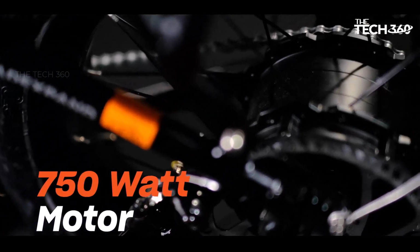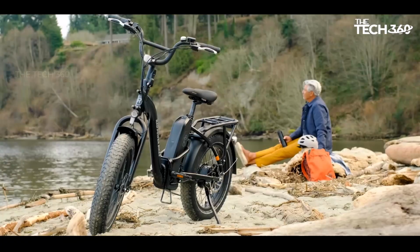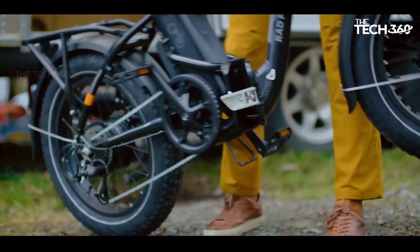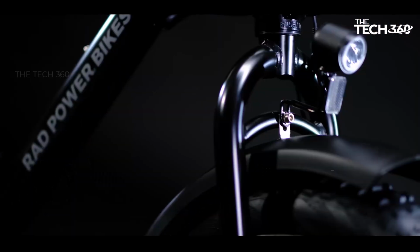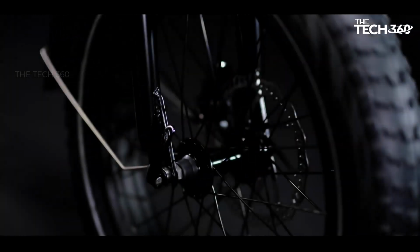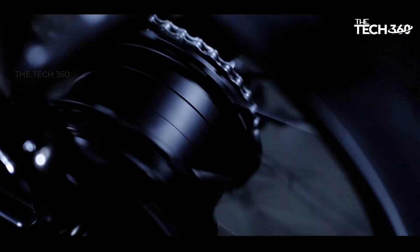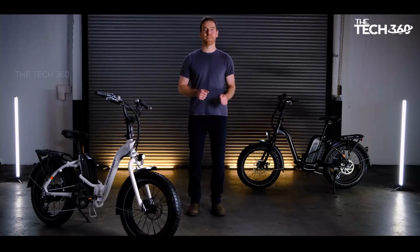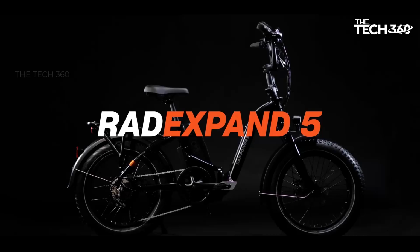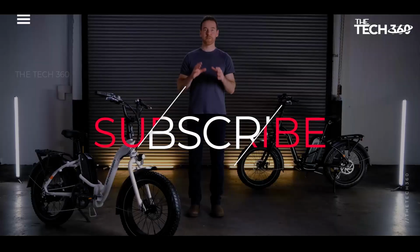Retractable pedals. The Rad Expand 5 Plus is designed with space saving in mind. The retractable pedals make storage even easier, whether you're in a cramped apartment or packing for a road trip. Advanced torque sensor. This new addition responds to the way you ride, offering a more intuitive and responsive experience. The harder you pedal, the more power the bike provides. Size and fit. Designed for riders between 4'10" and 5'10", the Rad Expand 5 Plus offers a comfortable fit. The 30-inch bike inseam